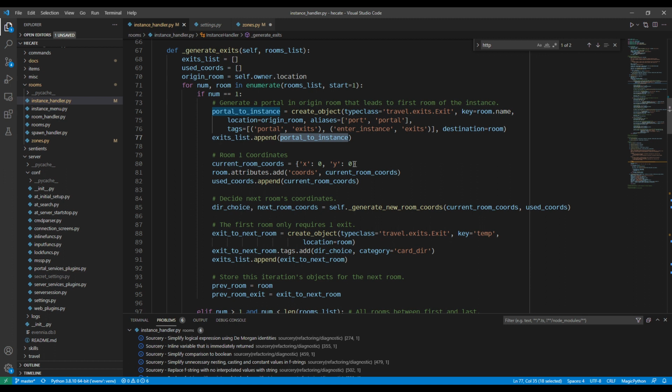Then room 1 coordinates are always going to be 0, 0, so I set that up manually. I add those coordinates to the room's attributes, and I also add those coordinates to a list called use coordinates. That's for me to make sure that I don't accidentally create an exit that goes back into the same room or back into another room that I don't want it to. I think that's what it's for. So in any case,